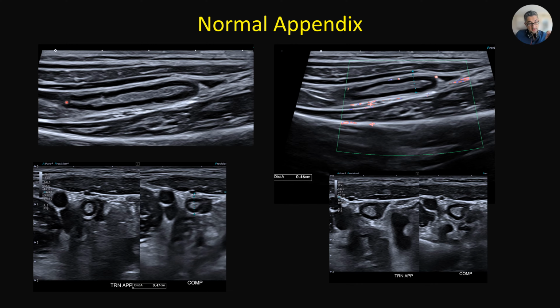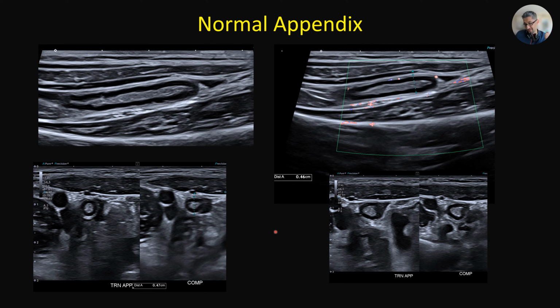Another normal appendix, but definitely thickened lamina propria, so there is lymphoid hyperplasia. There is no hyperemia, the vascularity is within normal limits, psoas muscle normal, the surrounding soft tissues are normal. Some trivial, simple free fluid can be seen in normal patients or patients with lymphoid hyperplasia, and it's not compressible. So compression is not a reliable finding here. Here, there is some compression. Depending on the part of the appendix, the compression can change,